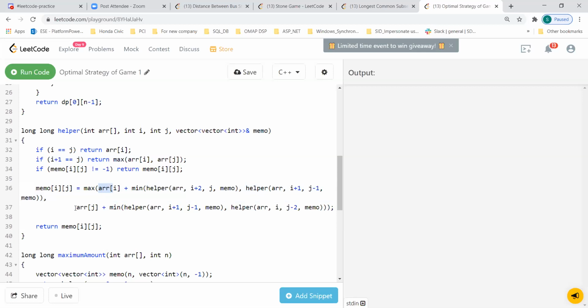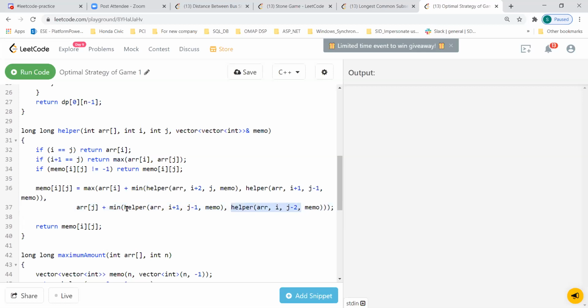So we'll have to consider the other case when Alex is picking from the right side. In that case, it will be exactly the same as what we discussed above, but in a slightly different way because I'm picking J now. So J won't be picked up by Lee, right? So Lee will either pick up I. If he picks up I, then what is remaining for Alex will be I plus 1 and J minus 1. And if Alex picks up J, then Lee picks up J minus 1, so what is left for Alex will be I and J minus 2.